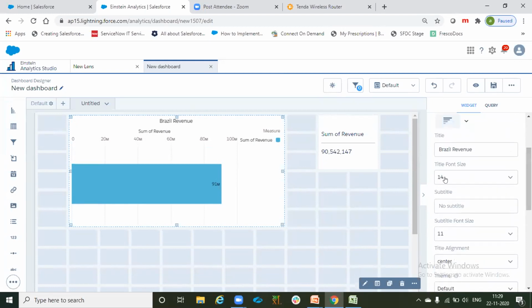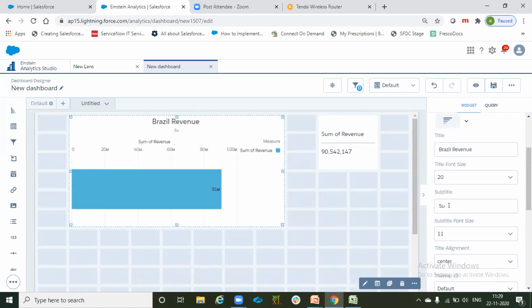So Brazil revenue. Then we do have title font size. If I change it to 11, you can see the size is decreased, and here I say 20. Then we do have subtitle. It comes in a little different color or the fade color. Let's put Sum of revenue.